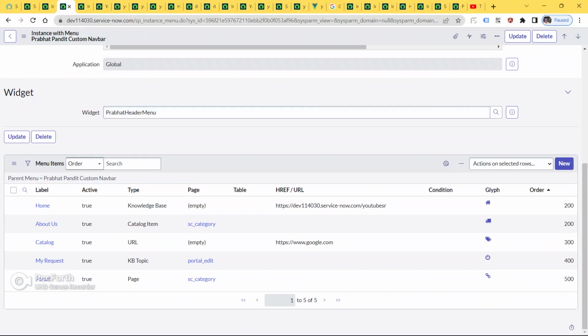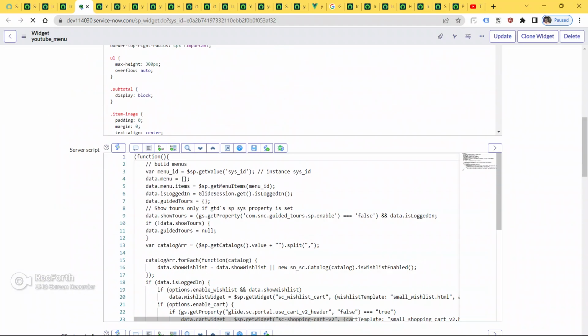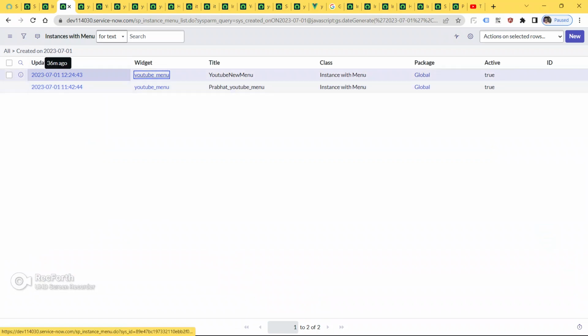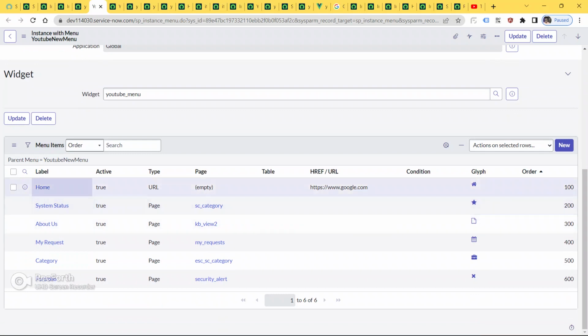I just edited a different menu, so we have to edit our menu, guys. Okay, so this is the different one. Click on this menu, and now we will change our home URL to our actual URL. Okay, so just click here on the data. So now, as you can see, our home URL is this google.com. So now double click here, and we will change this to this. Okay, so now click save.